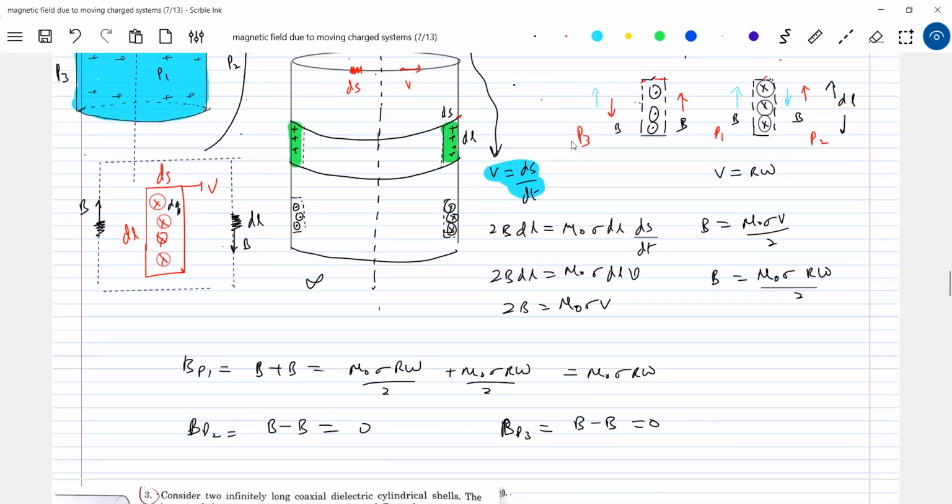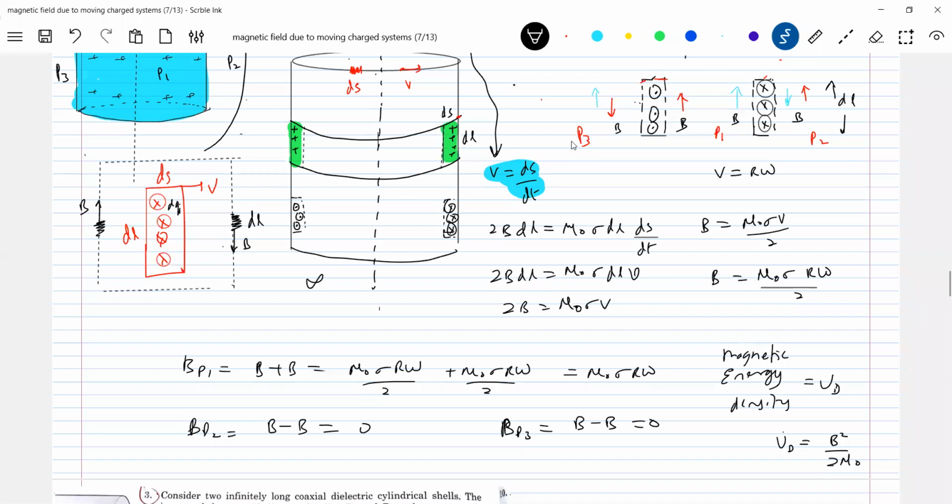After this, how much is the energy density? What is the formula for energy density? Energy density is given by U_D, which is equal to B square by 2 mu naught. Magnetic energy density. Where all field is present, there magnetic field energy is said to be present, and that we define as magnetic field energy density, and multiply with the volume, you'll get the total magnetic field energy.